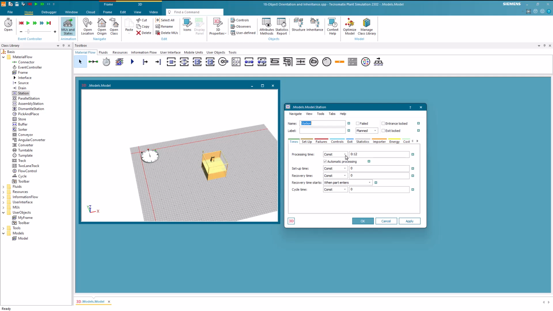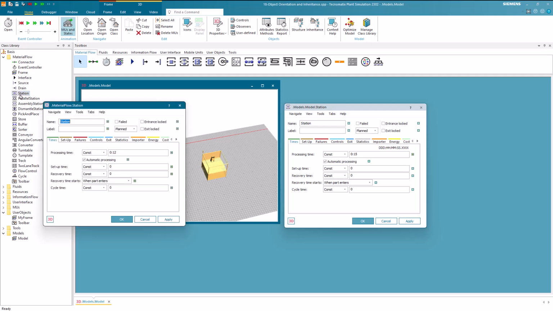If we now change the processing time in the instance, we will see that the inheritance checkbox next to it will turn orange. This indicates that the instance no longer inherits the processing time from the class. For persons with color vision deficiency, an additional dash is placed in the inheritance box. Keep also in mind that changes made in the instance will not affect the class. So if we open the dialog of the class again, we will see that the value we entered in the instance is not inherited.